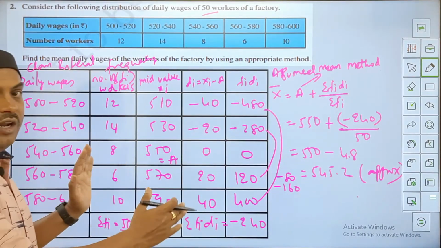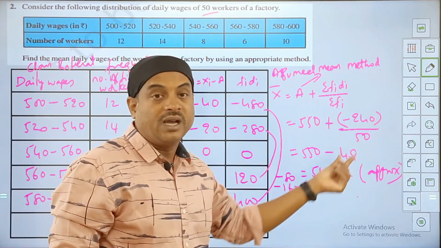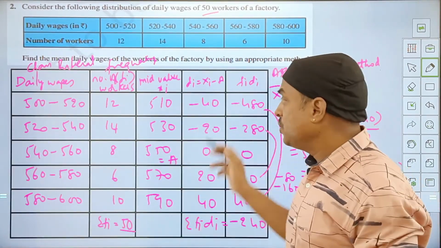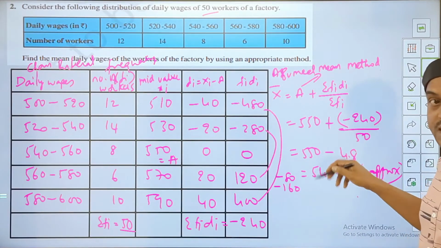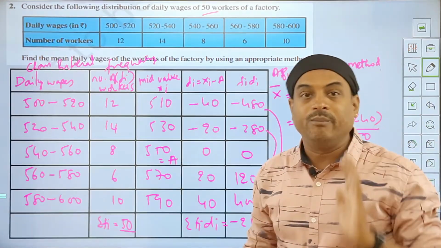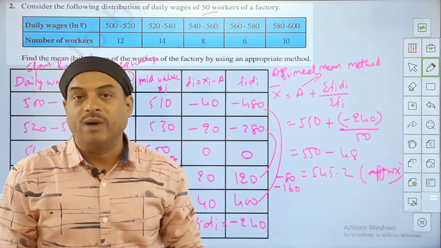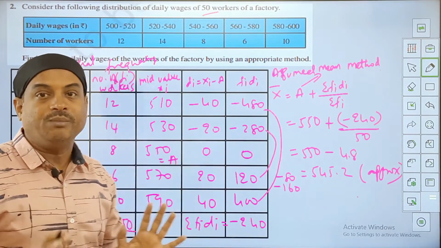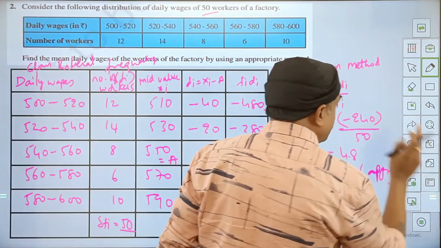For every column you'll get marks, per formula you'll get a mark, substitution you'll get a mark, and the final conclusion will have hardly 1 mark given. Suppose this whole table is correct, everything is correct, and you make a minor mistake here, still you'll get a good number of marks in this problem. Assume this is a 5 marks question, you'll definitely get 4 marks for that. The final conclusion answer will not make a big difference here. Presentation makes a difference. Okay, so keep concentrating on the presentation. Let us go for the next question.